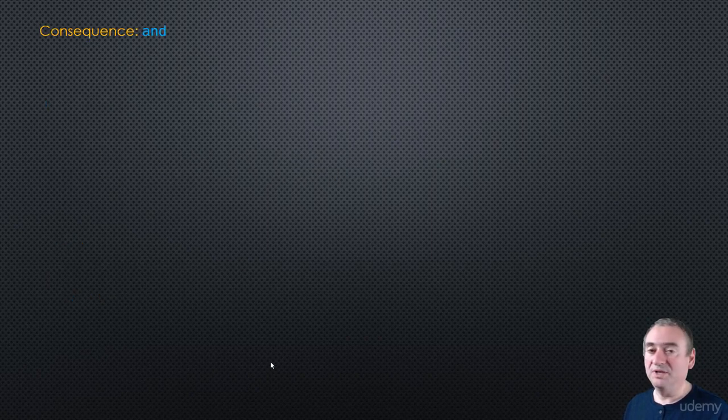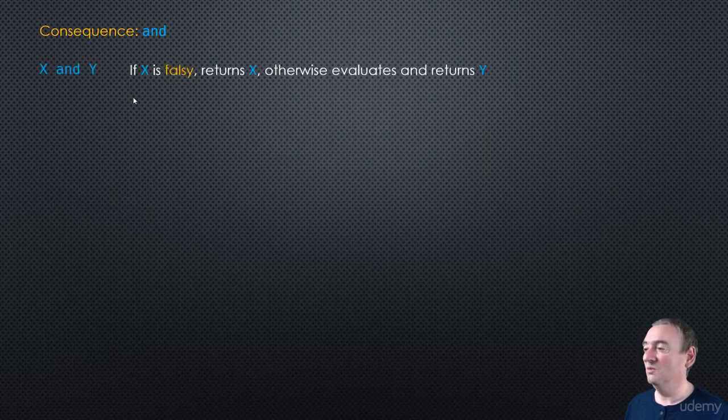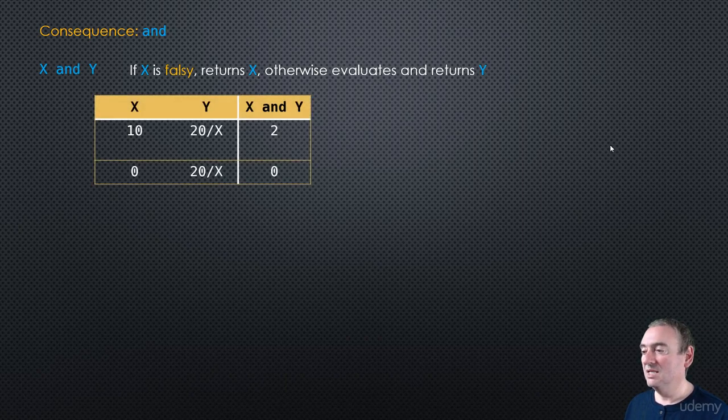Let's look at some consequences of AND now, and what we can do with it. So again, just recall that x and y, if x is falsy, we return x, otherwise we evaluate and return y. So let's look at this example. Let's say x is an integer with a value of 10, and y is 20 divided by x. Then x and y will return y, right? Since x is truthy, we will return y. We will then evaluate y, which is 20 divided by 10, which is 2, and that's what gets returned from